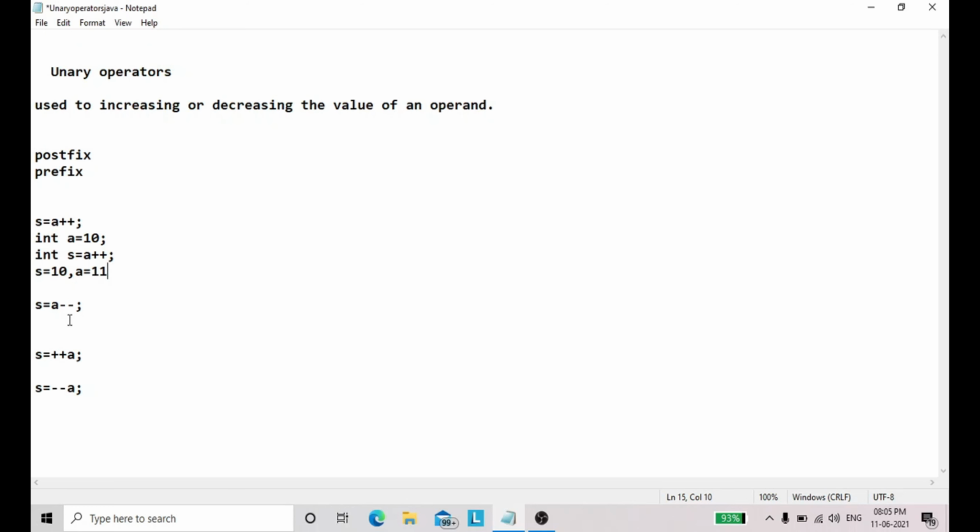Next one is s = a--. This will store the value of a in s, then this will decrement by 1. Next we will see the example of this one. Int a = 10, again I am declaring, and int s = a--.